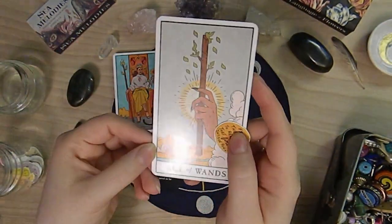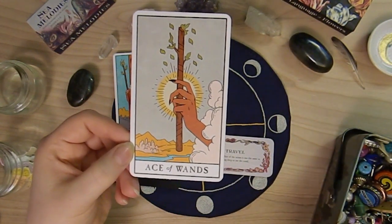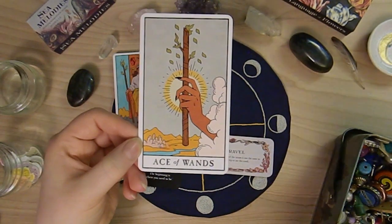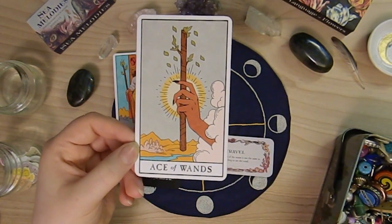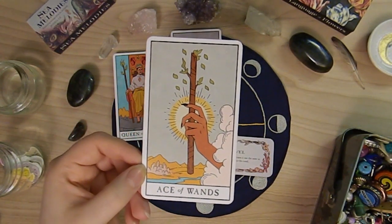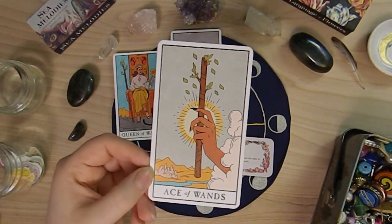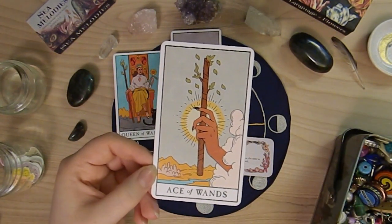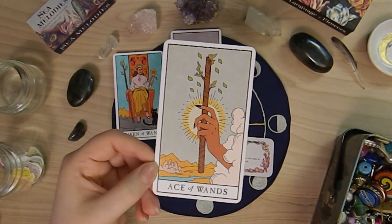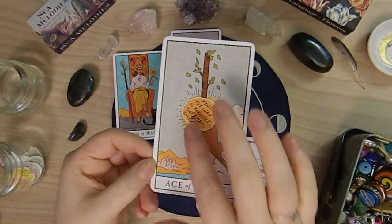A beginning is going to be found through grounding yourself and through this Ace of Wands. And that's going to bring forth, someone might offer this to you. As you can see, the hand is sort of offering this wand, which represents manifestation. Wand energy represents fire and passion and going towards your goals with such fiery, creative, innovative energy. So I do think you're going to be rekindling that fire